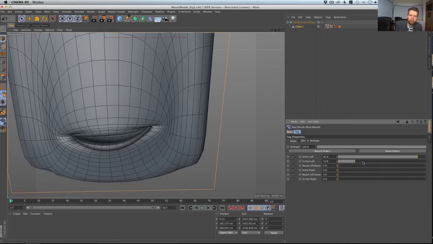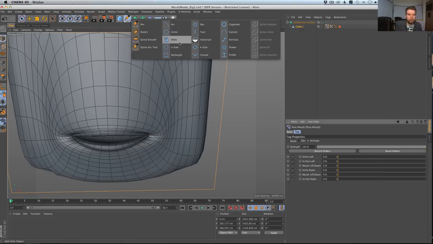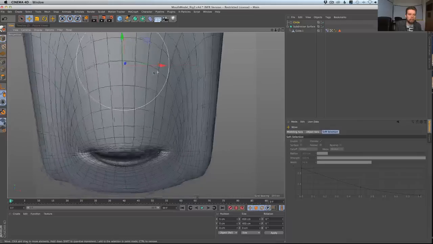But now here's where things get really fun. When I'm doing a basic rig and not an advanced interaction tag based one, what I do is I always create spline controls. I love creating spline controls.